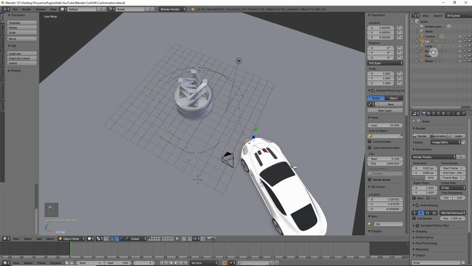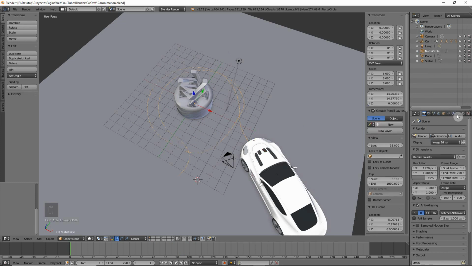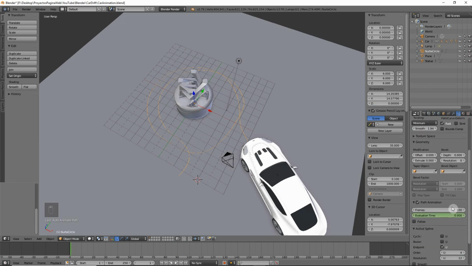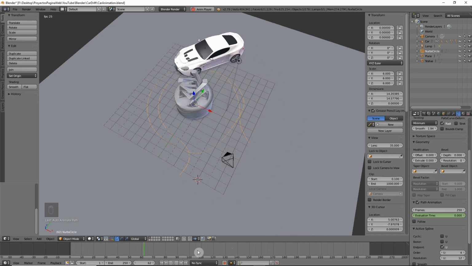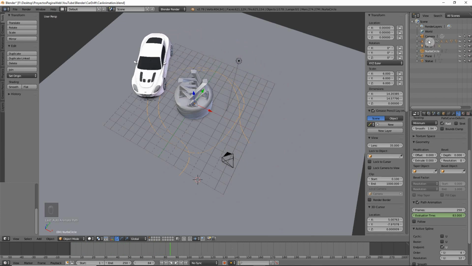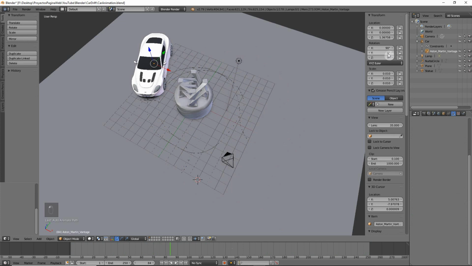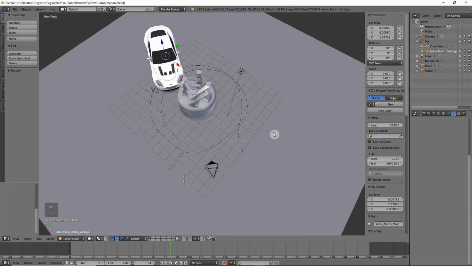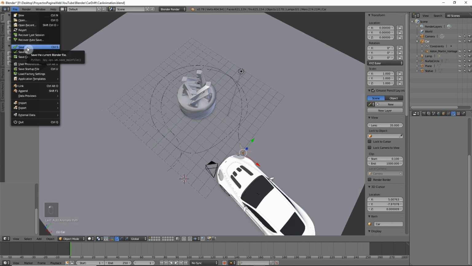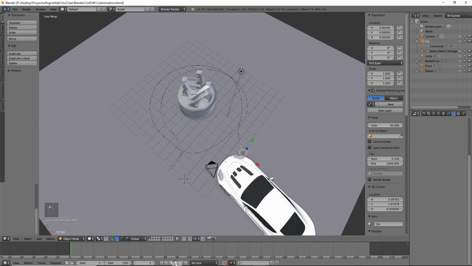Let's just go back here and select the curve, and the frames we want it to happen in about 250 frames. And we'll just give it a try now. It goes a bit slower. Well, that's something we can adjust. We can, for instance, add a little more rotation to the car in the axis Z. We can play with these values a bit. Just make sure you're not crashing here. And let's just now try again. We're going to save this file and click on play.